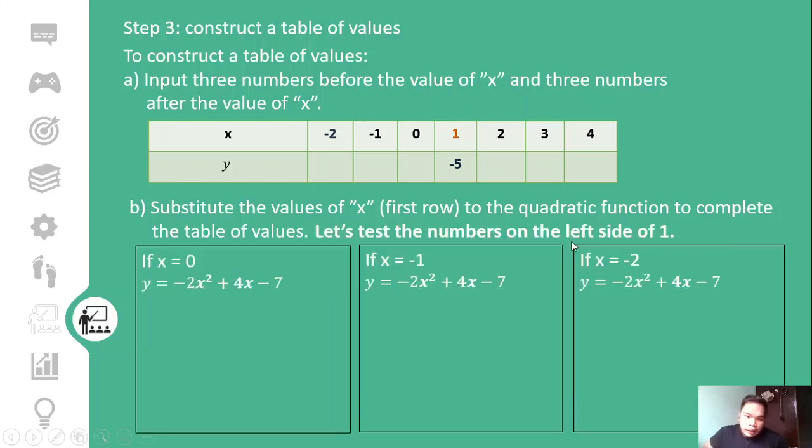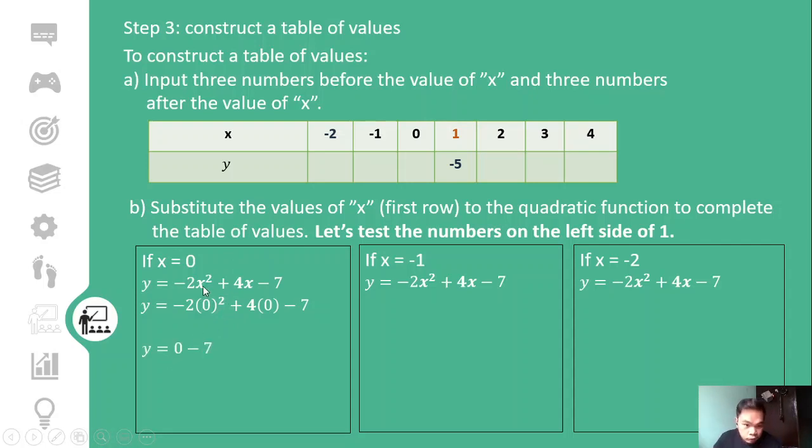Okay. So, doon muna tayo sa left side because mas madali itong isolve compared dito. Ano? Because since we have 0 and -1, so mas madali ito. Okay. So if x is equal to 0, then y minus 2x squared plus 4x minus 7 will be equal to, yung x, papalitan muna natin ng 0. So y is equal to -2 times 0 raised to 2 plus 4 times 0 minus 7. Okay? 0 raised to 2 is equal to